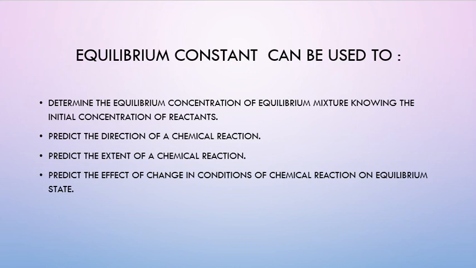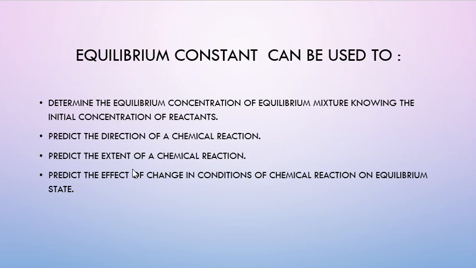at equilibrium. The second is, we can predict the direction of a chemical reaction. One can determine in which direction the reaction is moving, either in the forward direction or in the reverse direction. Either the forward reaction is taking place, or the reverse reaction is taking place, or the reaction is at equilibrium. Third is, predict the extent of a chemical reaction, meaning for how long this equilibrium state is going to be established